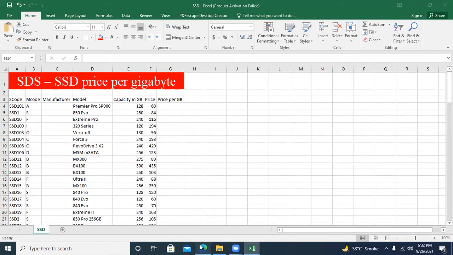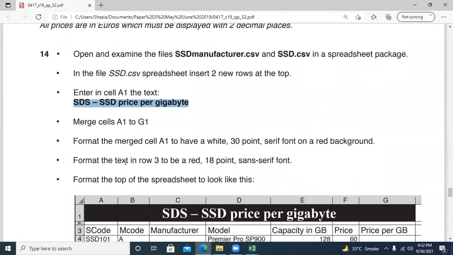Now the next step is to format the text in row 3 to be red 18 point sans serif font.